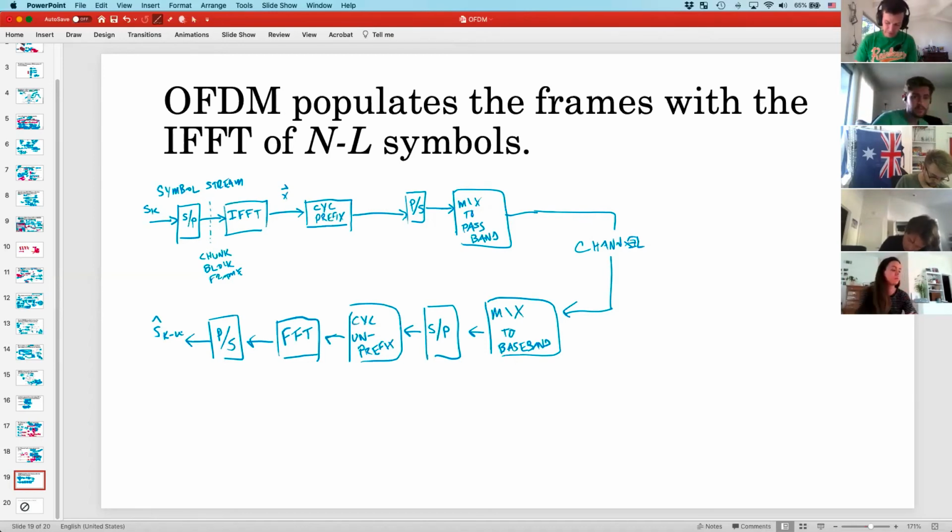But I hope this is built upon our development so far. Everything in here has a purpose. The chunking or the blocking is to give ourselves some time to put the cyclic prefix in. The FFT and IFFT, there are a couple explanations for that. My explanation so far, and I admit it was a pretty weak one, is that we're doing circulant stuff anyway, so we might as well do DFT. I think the better explanation came in those videos, is that if you're doing FFT and IFFTs, you are necessarily doing orthogonal